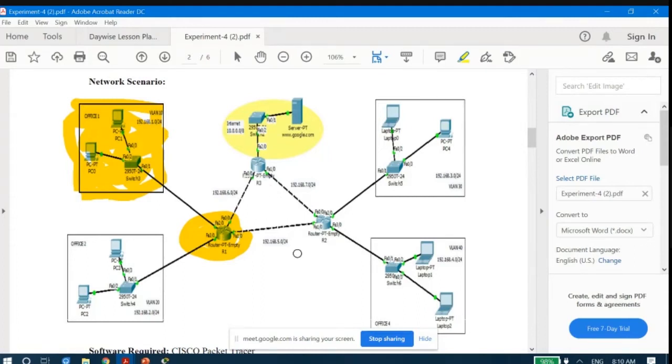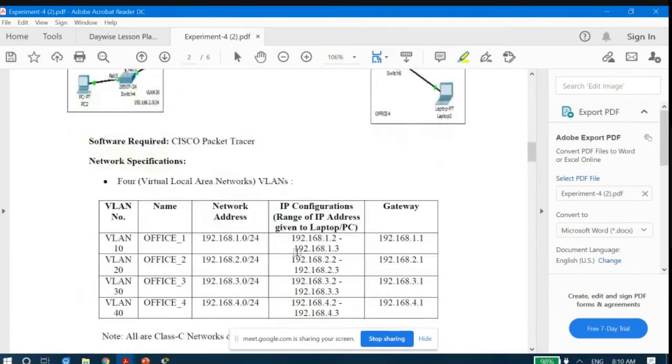Okay, so one by one we will see what we have to do in order to implement all these things. However, before that, let us have a look at the specifications of these networks. As you could see, the virtual LAN number is specified here, VLAN 10, and the name and all the details have been provided. The IP addresses that will be assigned are also given.